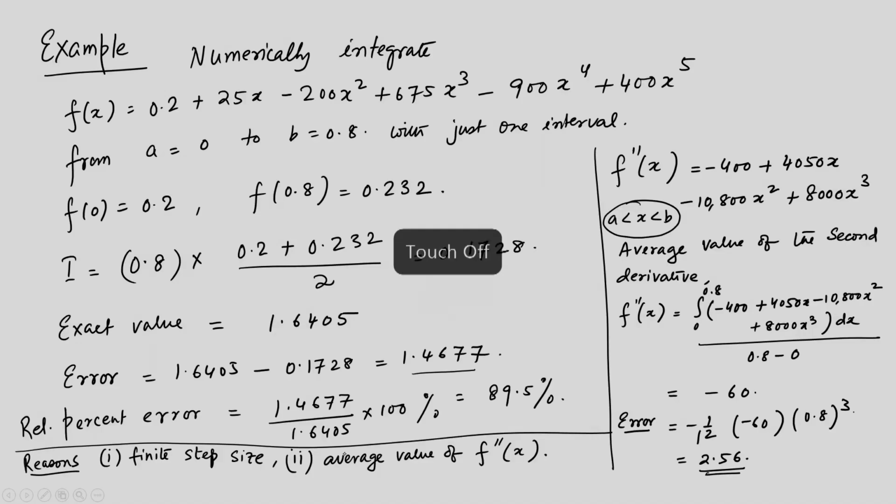Okay. So, here if you look at it, we have calculated the average value by integrating the f double prime expression over the full interval and then divided it by the interval. So, that is the average value of f double prime, and this thing is certainly incorrect because of the reason